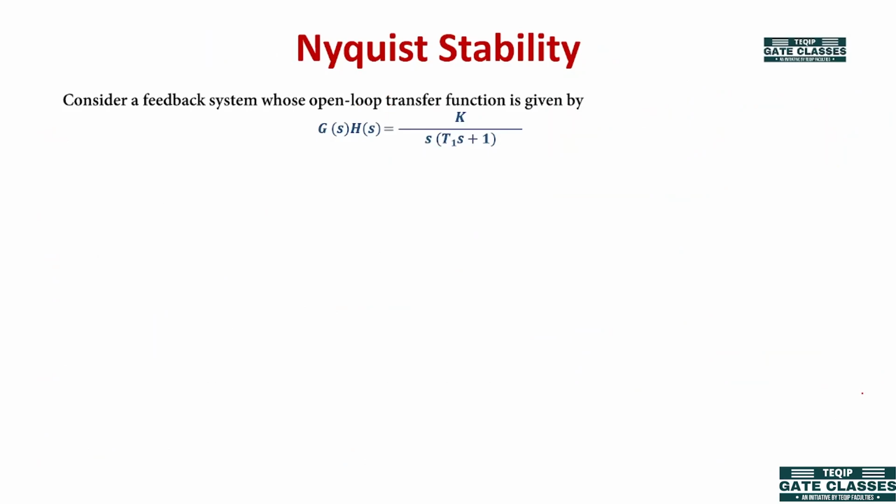So let us consider one example to draw the Nyquist plot using the Nyquist contour. We have an open loop transfer function G(S)H(S) equal to K upon S(ST plus 1). Here we have a pole at the origin, that is S equal to jω. So in the S plane, our Nyquist contour would be